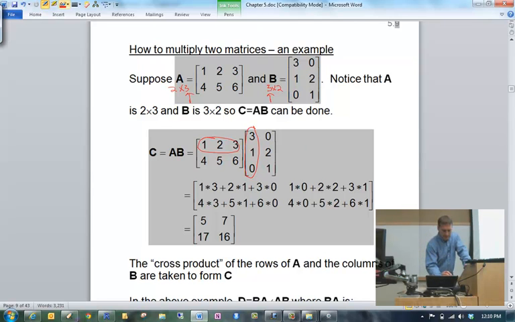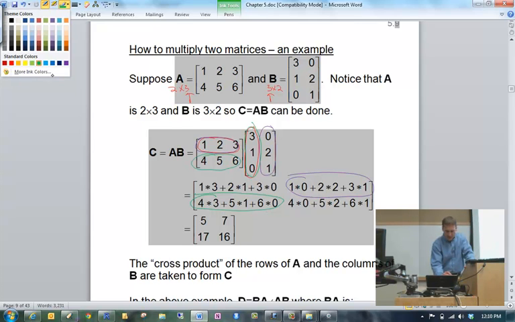Next, I want to take now the first row and multiply it by the second column. And then add up the corresponding results, and that gives me a value of 7. And I'm going to keep on going here, and since I have all these nice little colors to choose from, I can take the second row times the first column and get this. And then lastly,